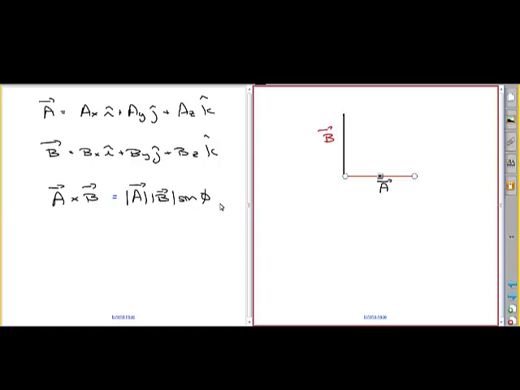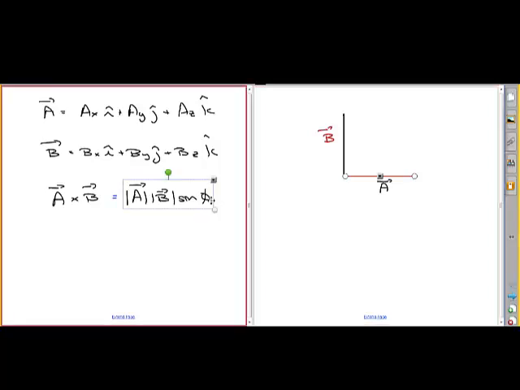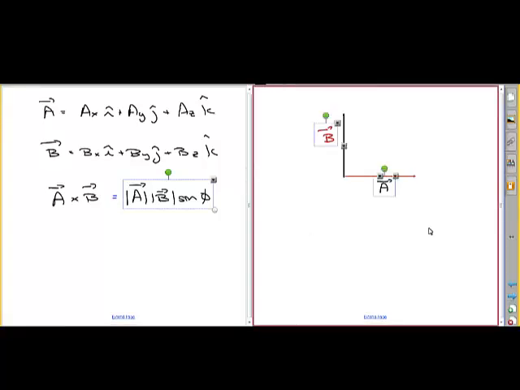Now the actual calculation of this requires you to be a little familiar with matrices, and I'm not sure if you guys have had matrices. It's just a shortcut way of doing it. There's also, if you look in the book on page 23, you'll see 123 gives you the long, drawn-out explanation. But I'm going to show you the shorter way to remember how to get the value of the actual magnitude